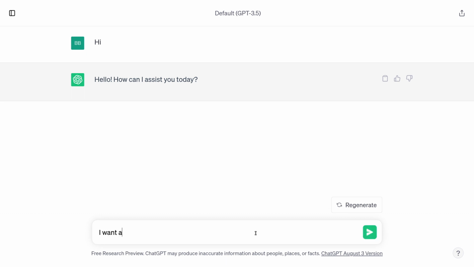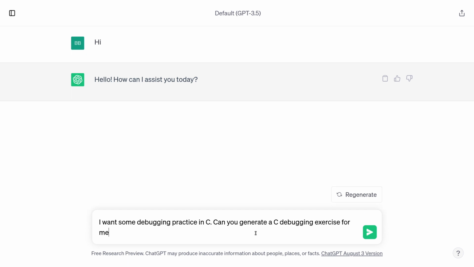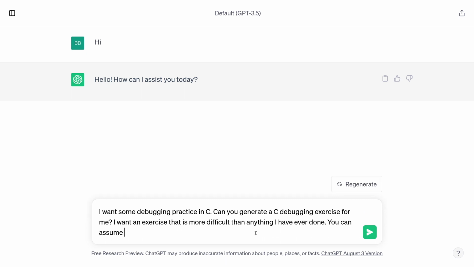I want some debugging practice in C. Can you generate a C debugging exercise for me? I want an exercise that is more difficult than anything I have ever done. You can assume that I am a C expert.